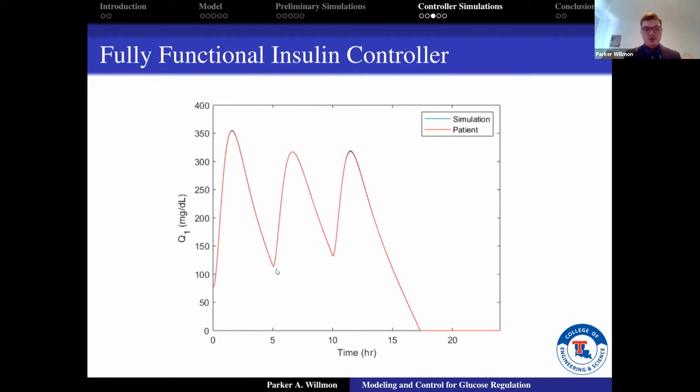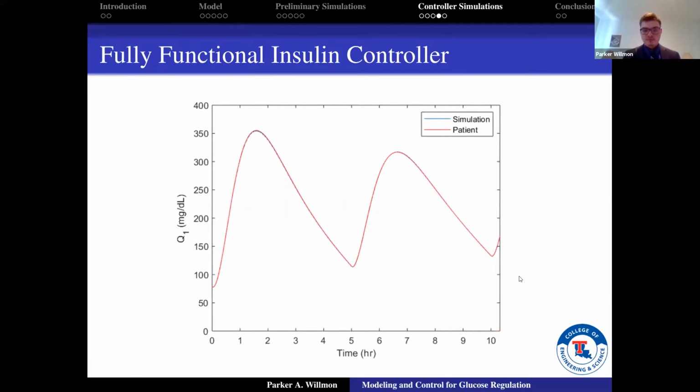And it drops down to a little bit above 100. Again, higher than we would like, but still better than the non-insulin outcomes. And as you can see, the oscillations actually get a little smaller as time goes on. And the hope would be that as this simulation was run more and more, the treatment would converge and we would get a bit less oscillation between these two values. However, the blood sugar still drops down to 0 after dinner time, which is why we have to inject the